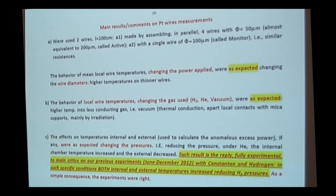In short, we used two kinds of wire: one thin, 100 micron, and another made of four 50 micron wires in parallel to simulate our Constantan wire of 200 micron. All we get about temperature values is what we can expect in an inert material, an inert system. Nothing strange happened. The local temperature is higher with the thinner wire, and